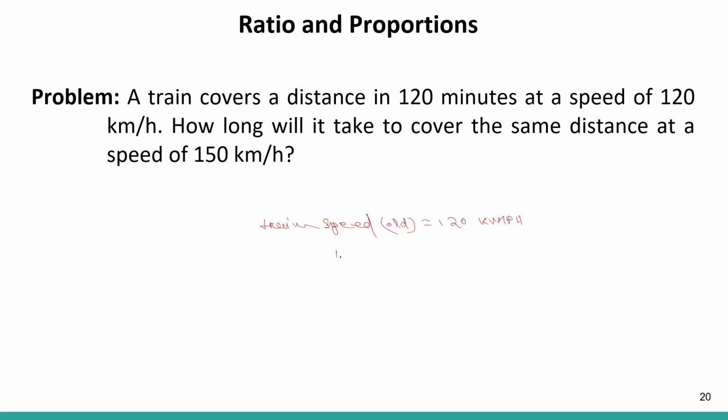So in 120 minutes, it will cover 120 into 2, that is equal to 240 kilometers, right?